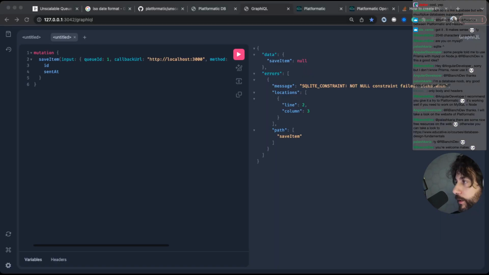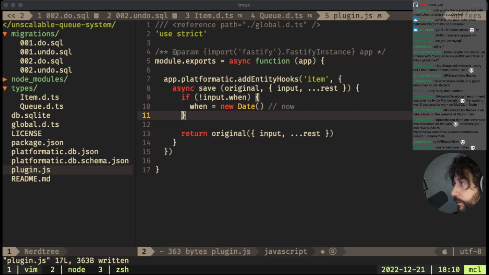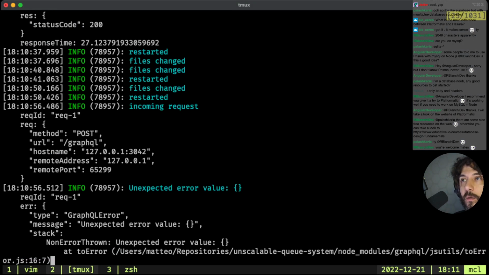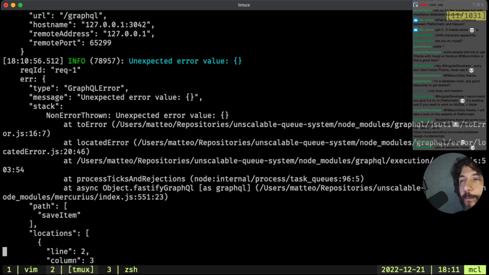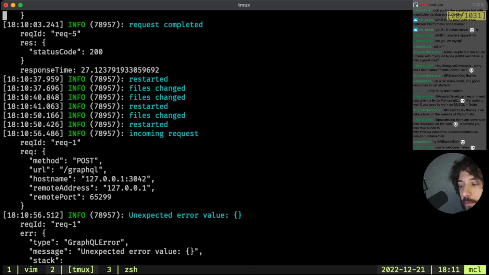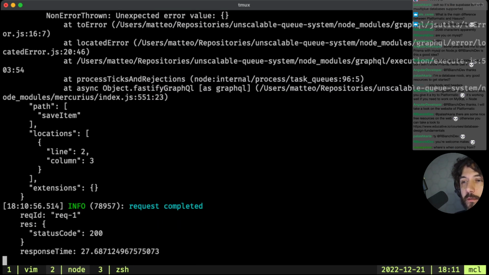I can go back to Chrome and run this. Oh, an unexpected error value. Interesting, did something very wrong. To locate the error. Wow, this is nice.